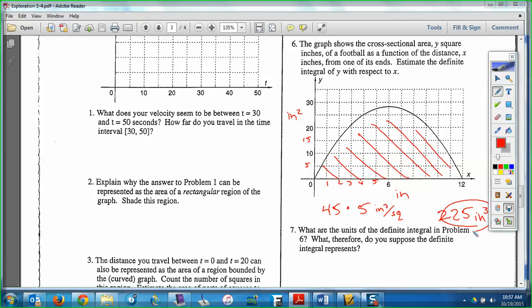Okay, I go in 1 inch and I slice it off. What are you looking at? You're looking at a circle, a small circle. So when they say that the y is the cross-sectional area, what you're looking at 1 inch in is the area of that small circle. Now let's go 2 inches in, another inch, and slice it. What are you looking at?